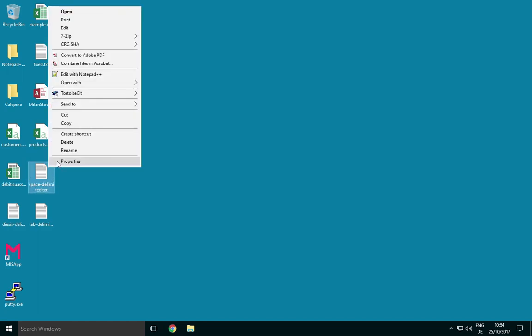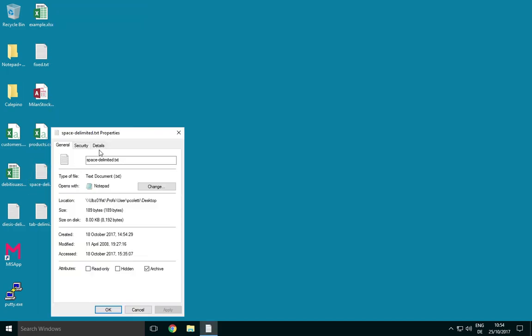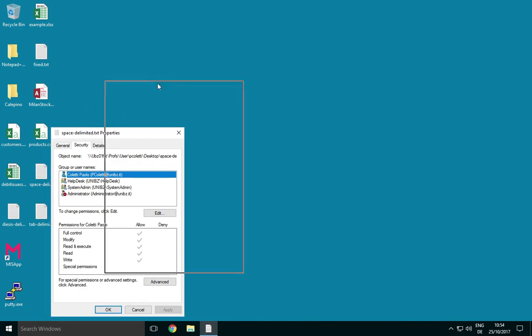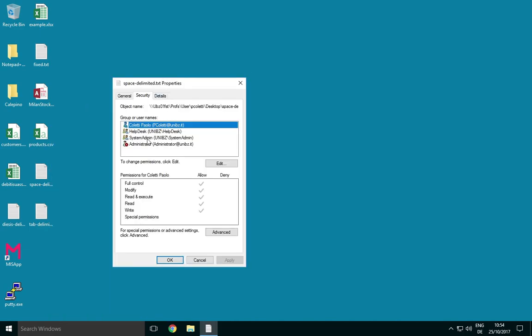Right click, properties, security, and you see here the people. The system admin is the group of administrators. Administrator is a single person which doesn't exist. It's just a password, in case there's need for the top administrator; the technicians know the password. Help desk are the people who can help me if I have problems. And quality power, it's me, clearly.